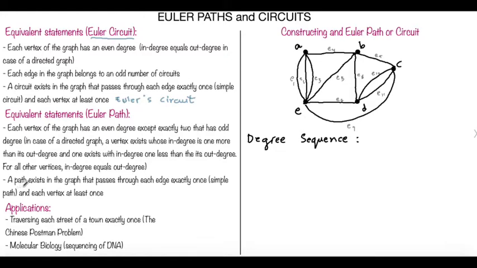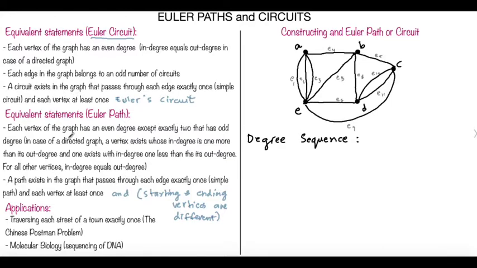So let's read the second one first. It says a path exists in the graph that passes through each edge exactly once and each vertex at least once. Since it's a path and not a circuit, and a circuit by definition starts and ends at the same vertex, this means the starting and ending vertices are different. So this is just by definition, we don't have to write it, but it distinguishes Euler's circuit